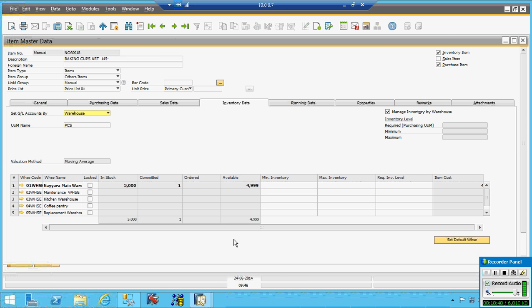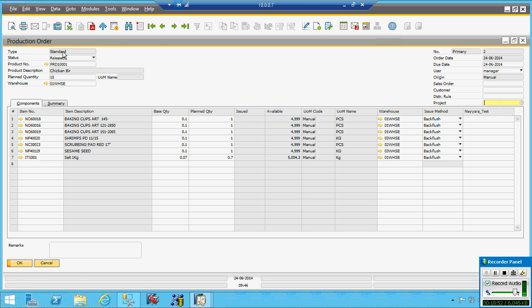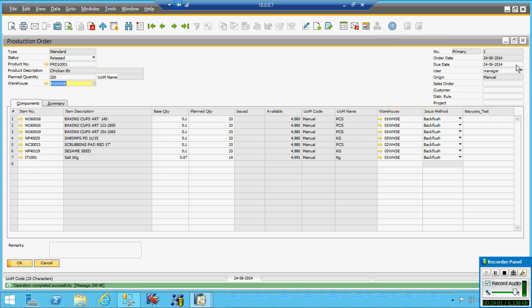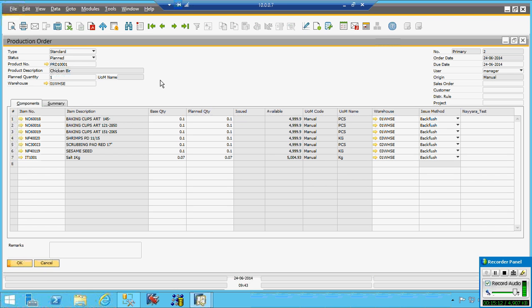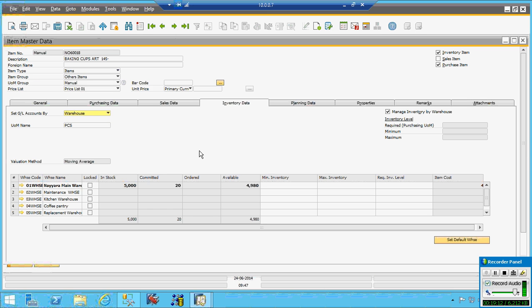For the same production order, this is the same production order. I only release the material. I am saying I am preparing 100. So I do 100. Okay? Update. Release the material 100. Now take the stock status of this item. See, commitment increased by 50. That means 20 quantity of this item will be reduced because there is a commitment for production. From this one we can make use.